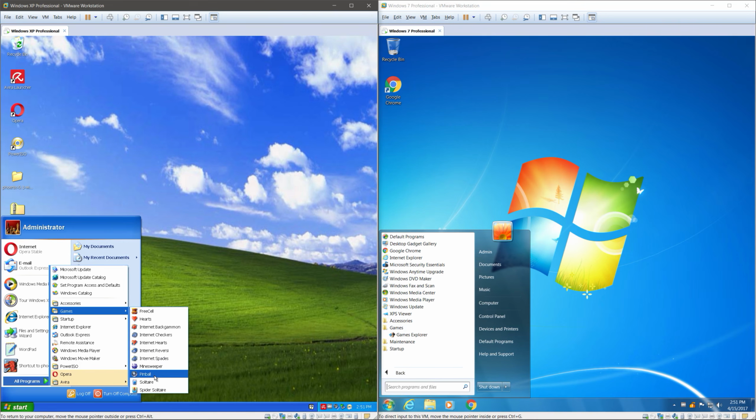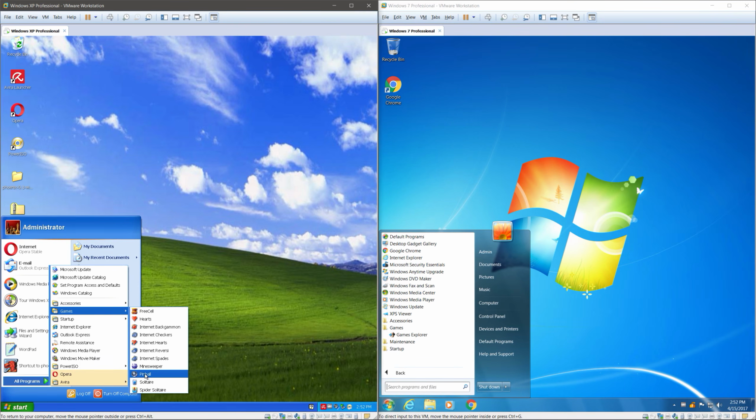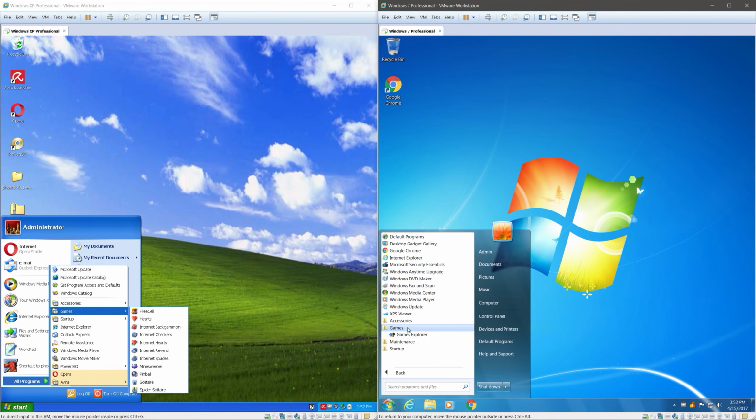Now, what Windows XP does have is 3D Pinball, which I love. Windows 7 and Windows Vista, for that matter, don't have 3D Pinball. I read somewhere it's because they just couldn't get 3D Pinball to work in Windows 7 or Windows Vista, and that's why they didn't include it, even though people have released the exe file on the internet, and it quite clearly does work in Windows 7, so I don't know why they didn't include it, but whatever. And the best game of Windows XP, in my opinion, was 3D Pinball, so I kind of wish they didn't remove it in Windows Vista and Windows 7, but,